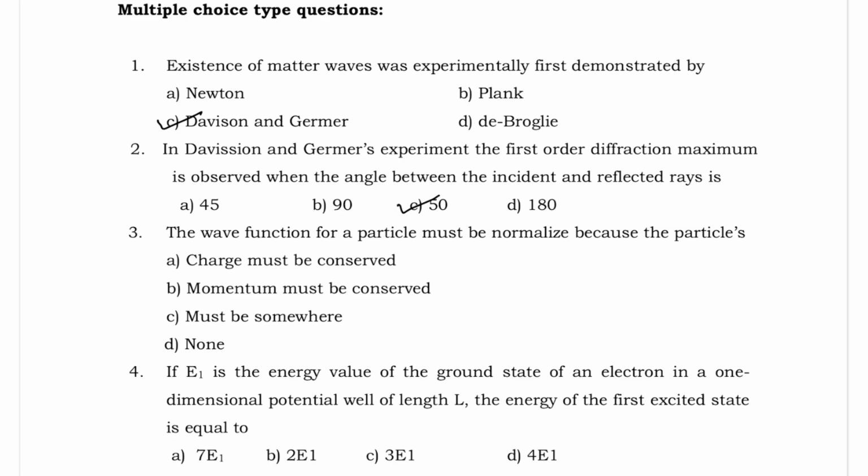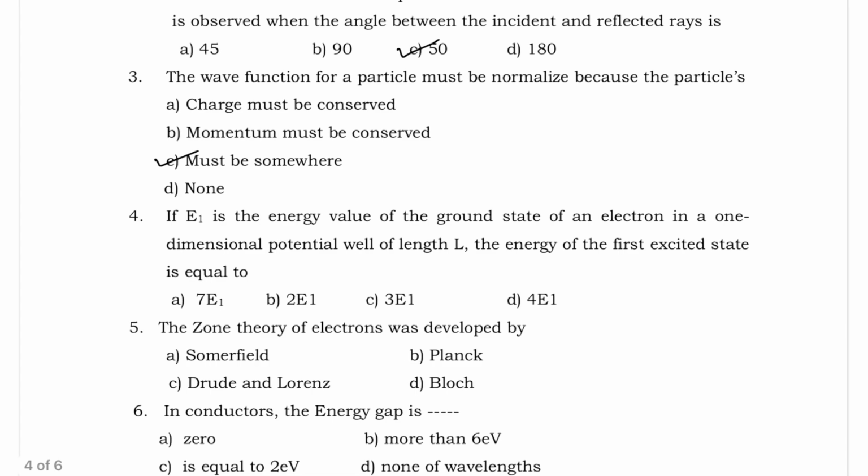Wave function for a particle must be normalized because the particle must be somewhere. Right. Next question. If E1 is the energy value of the ground state of an electron in a one-dimensional potential well of length L, the energy of the first excited state is